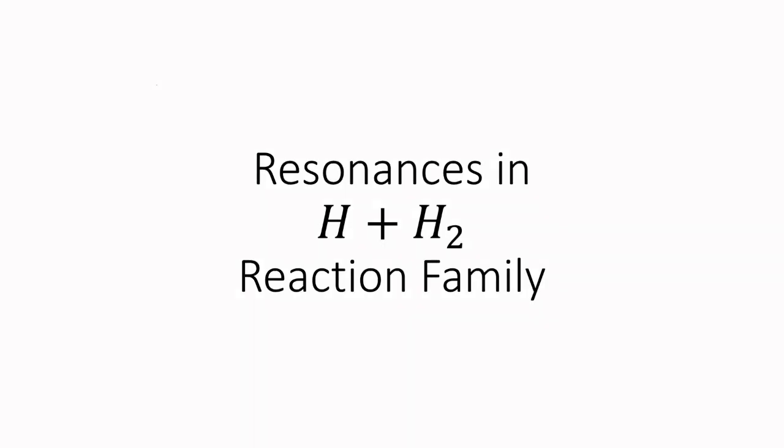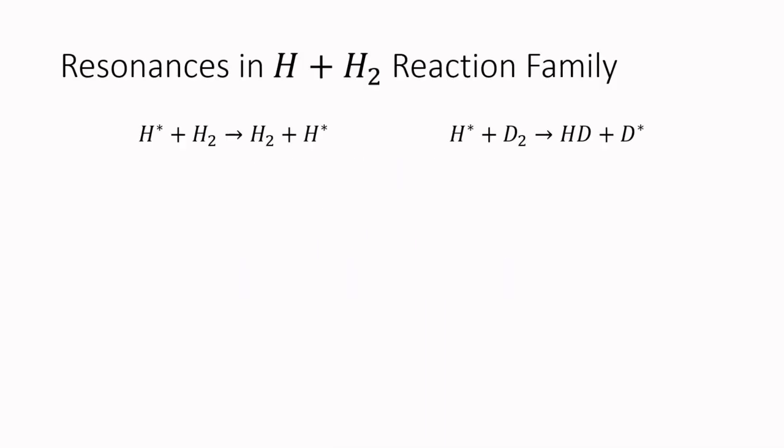We heard earlier that quantum scattering resonances involve the creation of a stationary metastable state. This has been well studied for photons and even some other elementary particles, but has more recently been observed to occur in chemical reactions. Here we will take a quick look at investigations into the effect that resonances have on one of the simplest families of chemical reactions. In this context, the H plus H2 reaction has been studied the most because of its simple nature. The full reaction mechanism yields no new products, but involves a substitution occurring between the single hydrogen and 1 hydrogen